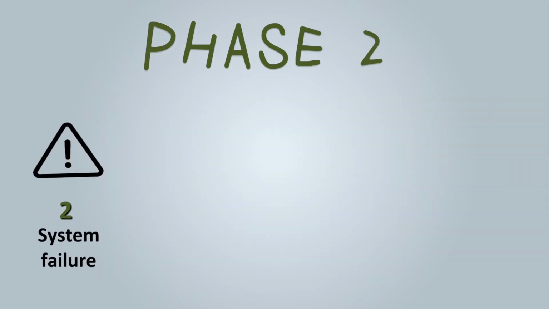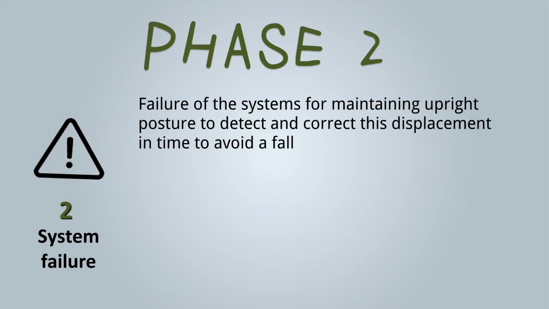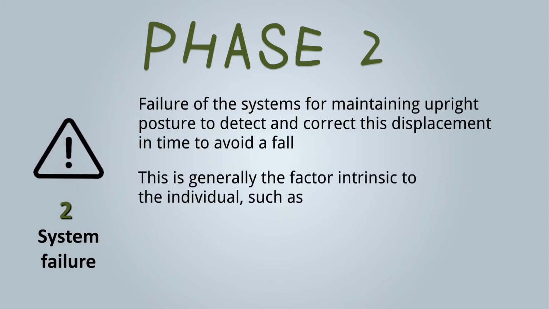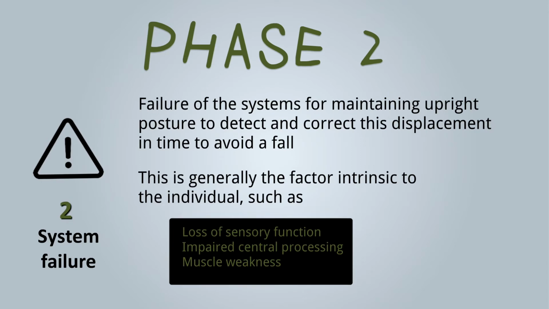Next, in phase 2, system failure. Failure of the system for maintaining upright posture to detect and correct this displacement in time to avoid a fall. This is generally a factor intrinsic to the individual, such as loss of sensory functions, impaired central processing, and muscle